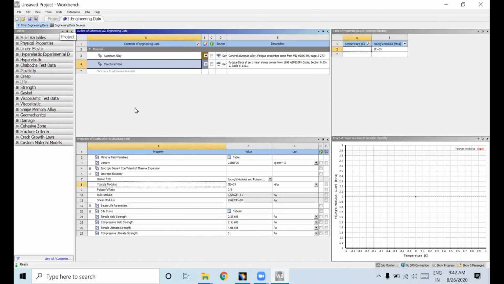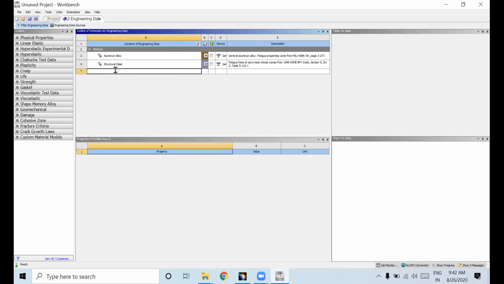Next, if you want to add a new material which is not available in ANSYS Workbench, you need to click here to add new material. I just click it and give the material name.